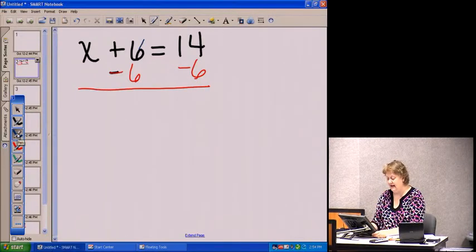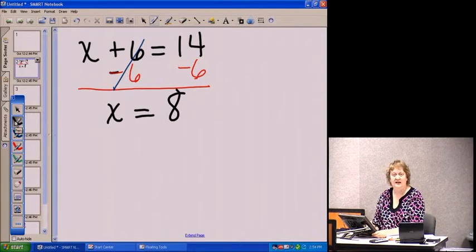That then lets us cancel out the 6's. And again, canceling is not a good math term, but it is what happens here. That's the inverse of adding 6, which is to subtract 6. And then 14 minus 6 gives us 8. And on the left-hand side, we're left with the x. And we've applied the rule that the inverse